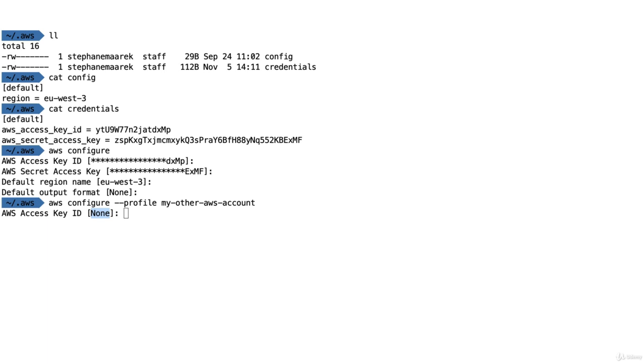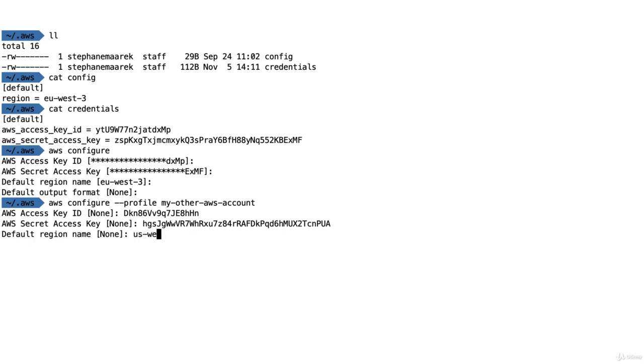So how about I just generate something very quickly? I'll just copy a random thing. For my access key ID, I'll copy this. And my secret access key, again, this is something you would basically obtain on a real AWS account, the way we've done it from before. But right now I'm just pasting some dummy data. Here we go. It starts with a D and it starts with an H. I press enter. And maybe for the region name, I want to do stuff in US West 2. Who knows? The default output format, I'll press enter again. Here we go. We have configured another profile.